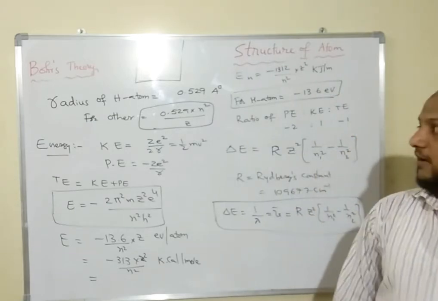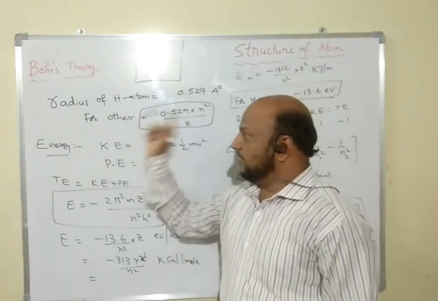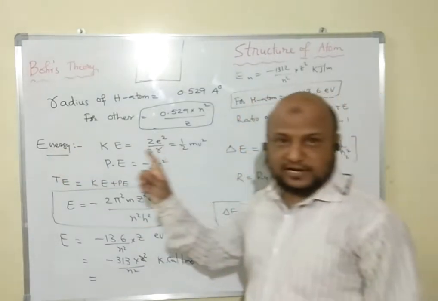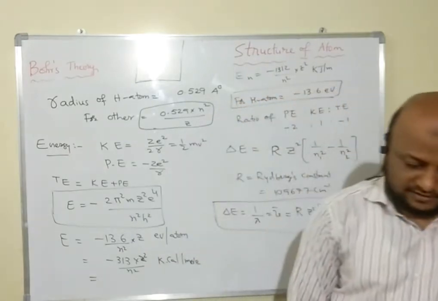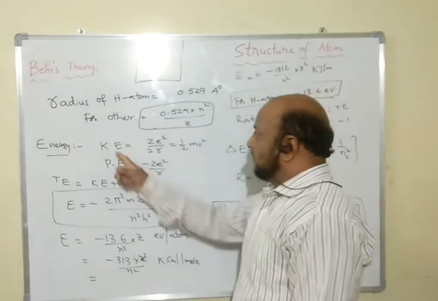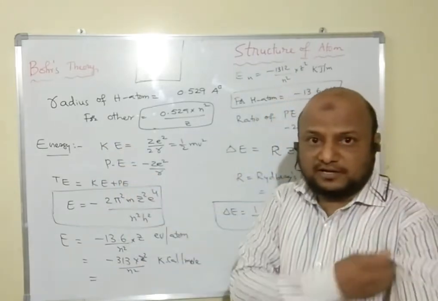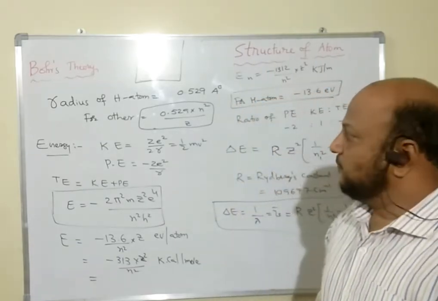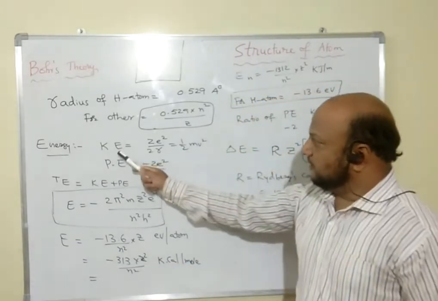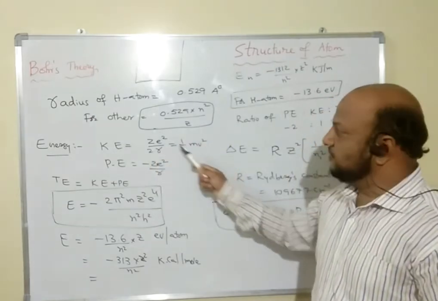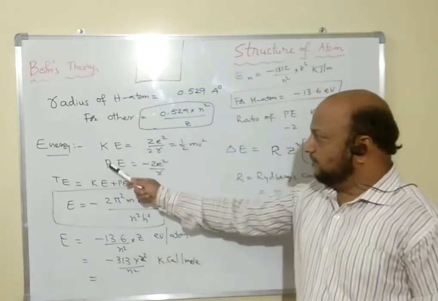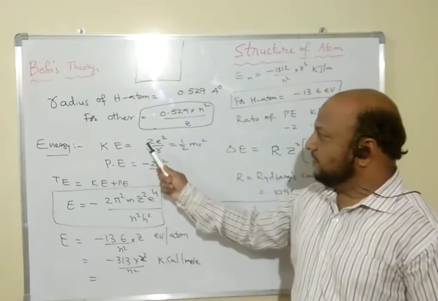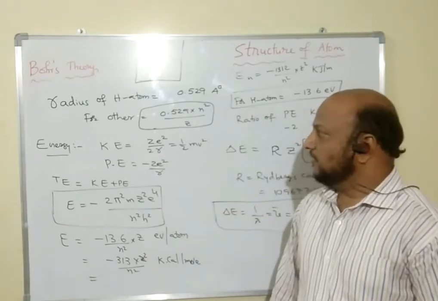Next one is helium, neon, like that. Now we go for the energy. Another property, Bohr also calculated the energy of the electron present in the radius. The electron has kinetic energy and also potential energy. The kinetic energy is half mv square, that is equal to z square by 2r, and the potential energy is equal to minus z square by r. So this is the kinetic energy value and potential energy value of the electron.